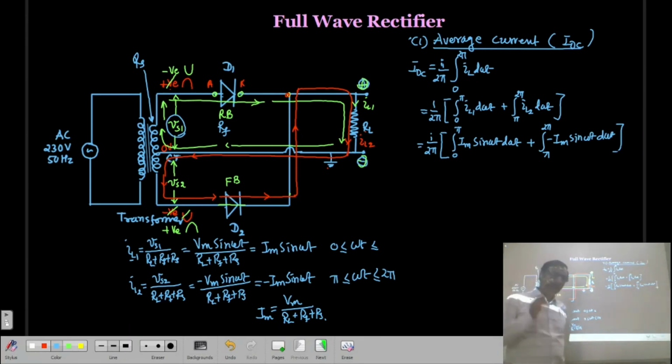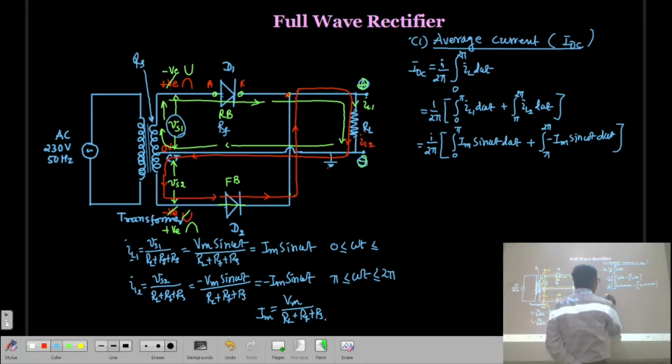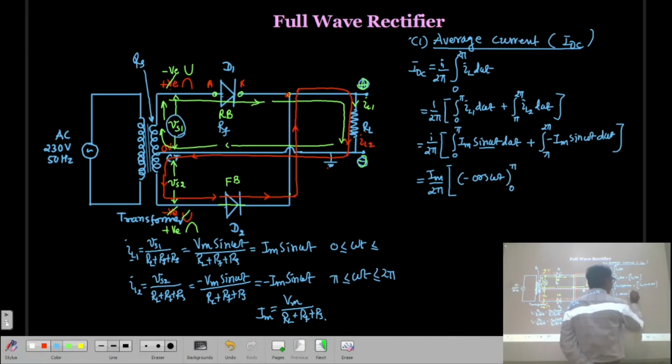So now we have simple integration. In both the integrations, Im is a constant, so I will take it out. The Im by 2 pi will be there. Then here we have an integration of sin omega t, that is minus cos omega t from 0 to pi. And then we have a minus sign if we take it out. Then the integration of sin omega t will be minus cos omega t, from pi to